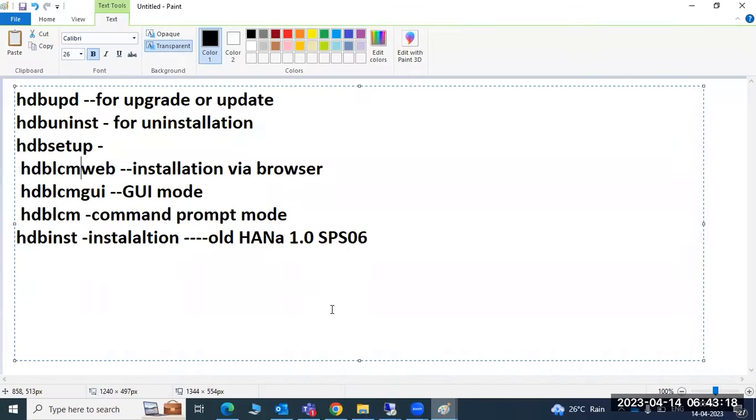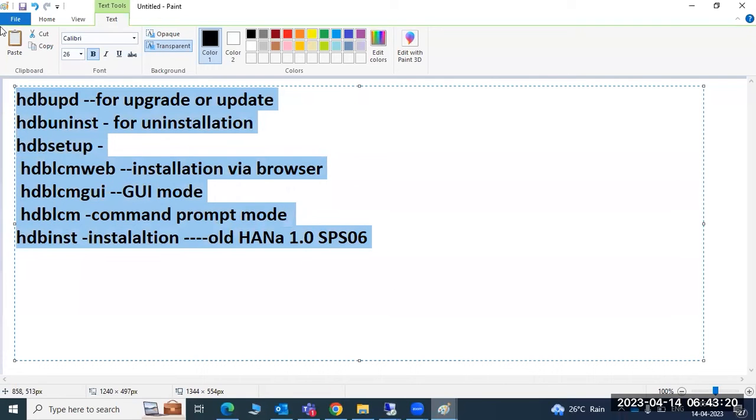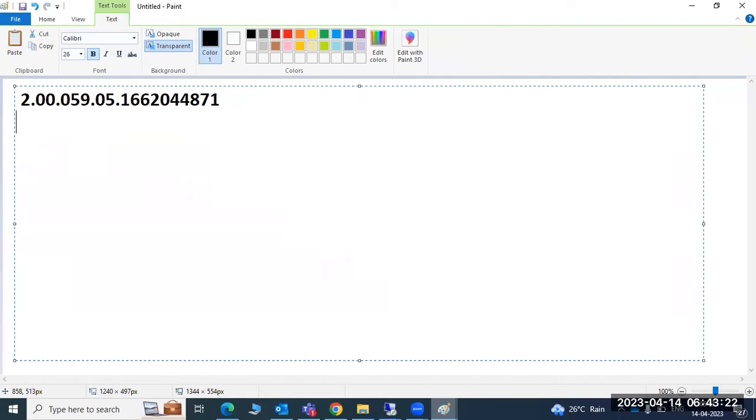Why do we call it like this? Because it is displaying the version in this mode, which means HANA 2.0, then 59. 59 means the 5 series, right? Then SPS 05, then revision number 59, right? We will call it like that. Suppose I give one example. You can tell me like this one, then